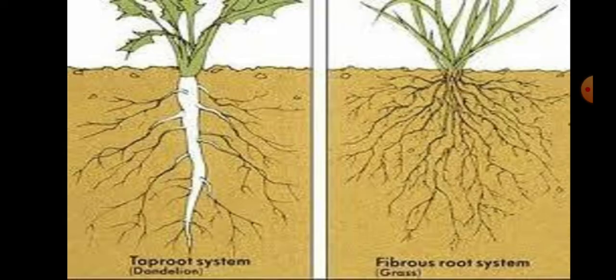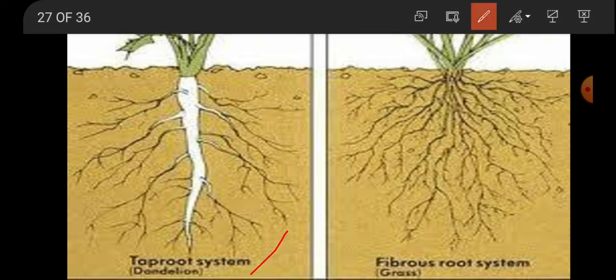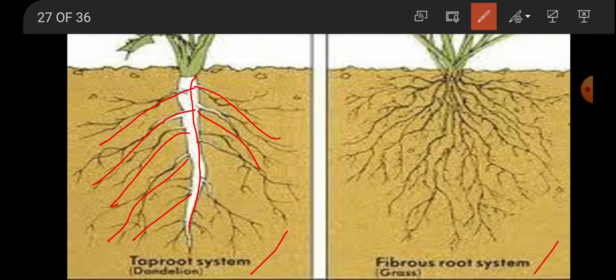The first one, that is root systems. In all the plants, if you will see, we will find two different types of root systems. One is your taproot system and the second one is the fibrous root system. In the taproot system, if you will observe clearly, you will find a center mother root, and from the mother root small hair-like root hairs will arise. Whereas in your fibrous root system, from the bottom of the stem, at a single point, all the root hair-like structures will start arising.